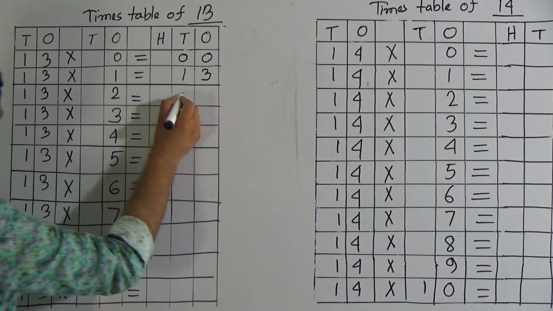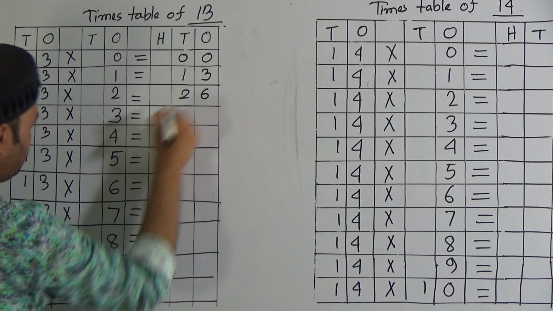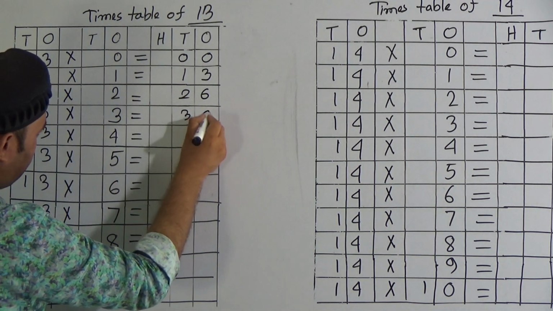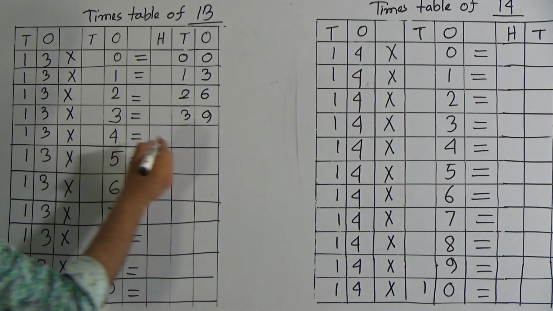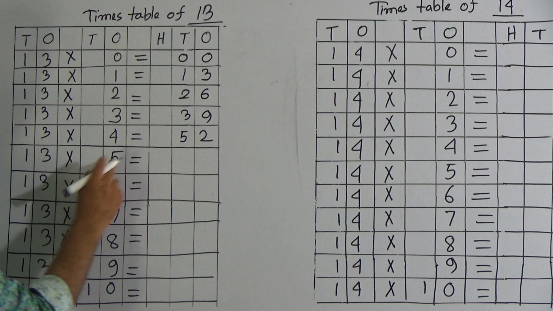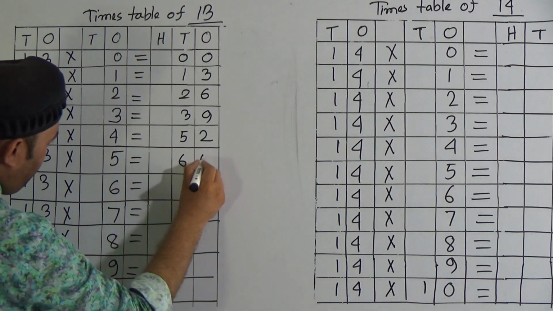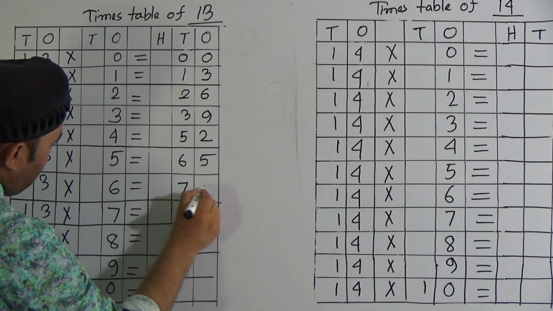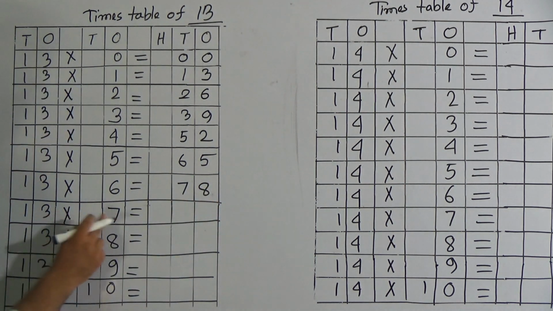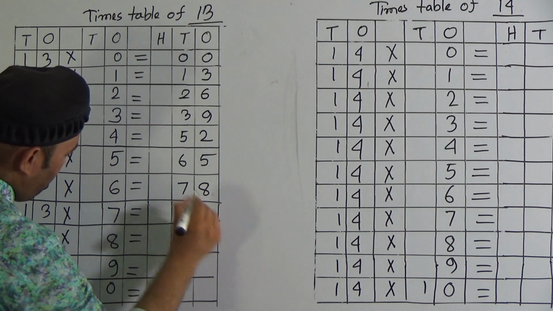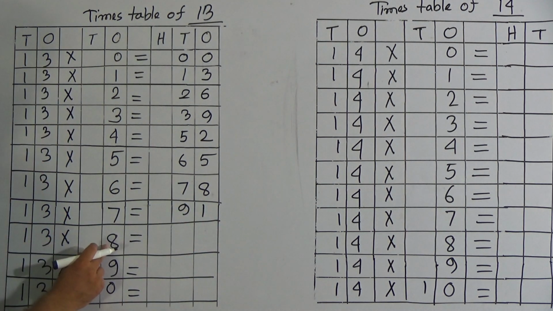13 twos are 26. 13 threes are 39. 13 fours are 52. 13 fives are 65. 13 sixes are 78. 13 sevens are 91. 13 eights are